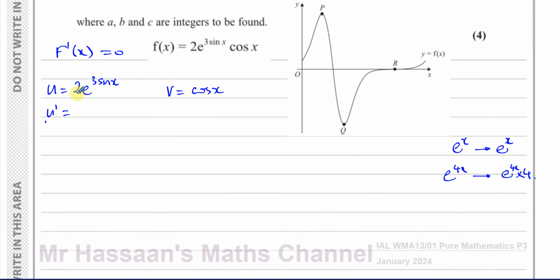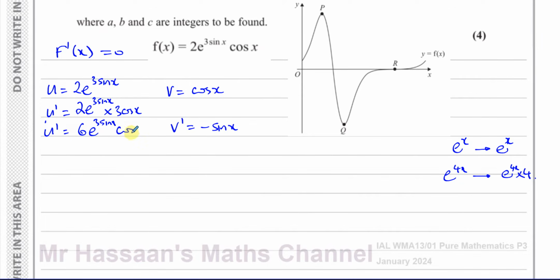Similarly here, if I differentiate this, initially it stays as 2e to the power of 3 sine x. But then I have to multiply by the differential of what's inside the function. If you differentiate 3 sine x, you get 3 cosine x. And v dash: if you differentiate cosine x, you get negative sine x. Remember, differentiating sine x gives you cosine x, and differentiating cosine x gives you negative sine x. We have to remember that. It's not in the formula sheet, so you have to know that. So this u dash will end up giving us 6 times e to the power of 3 sine x